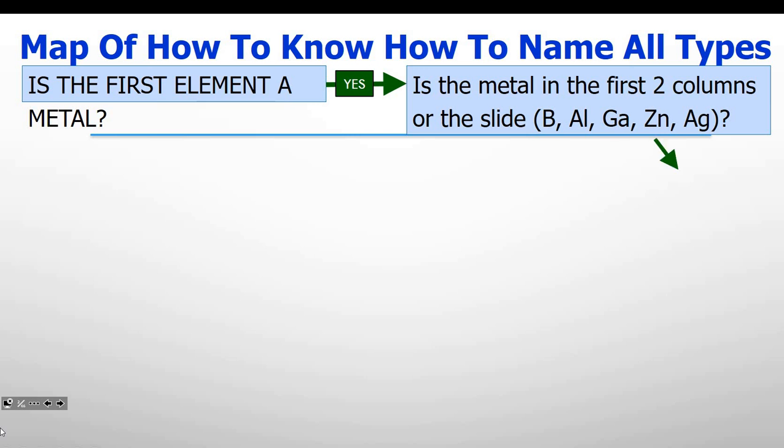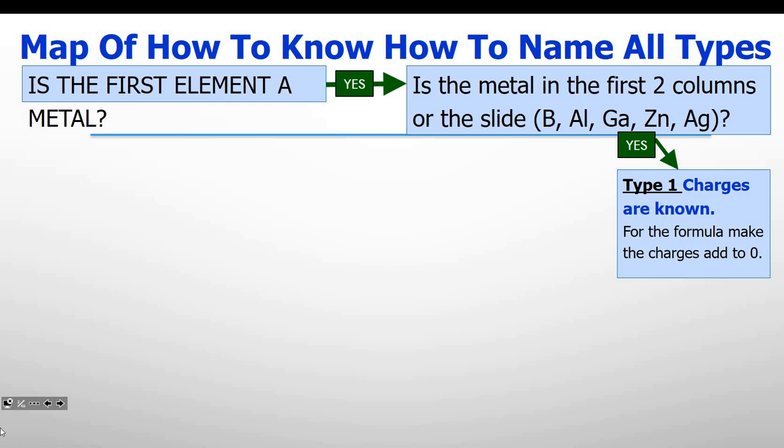So if the answer to this is yes, that's where the first element is, then remember those are the ones we know the charges of. We don't have to list them. We just name the first element and name what it's with. We also balance the charges so that they add to 0. Okay? But the charges are known. We know them. If the answer to that one was no,